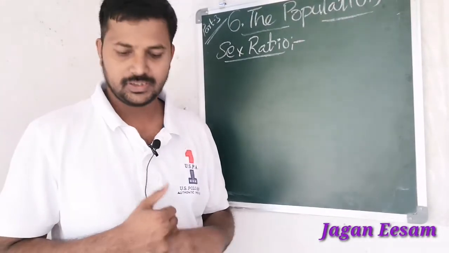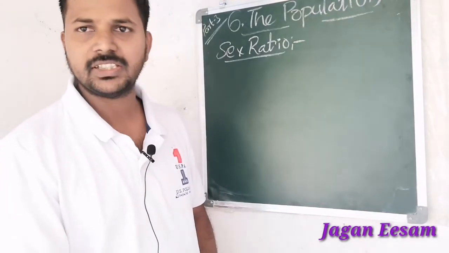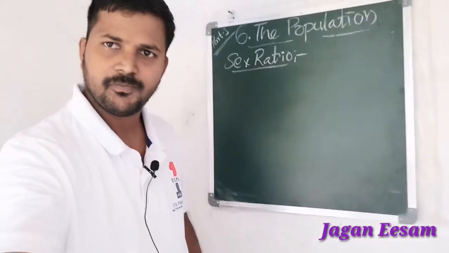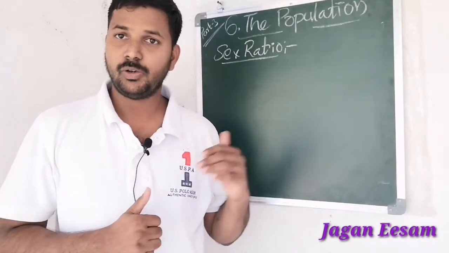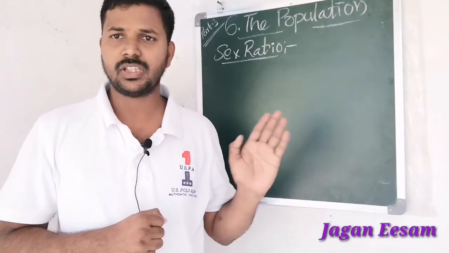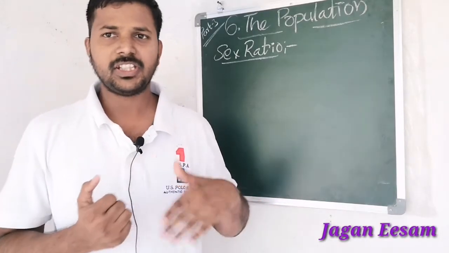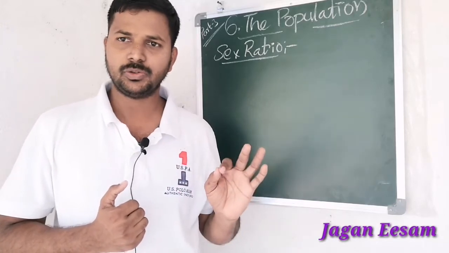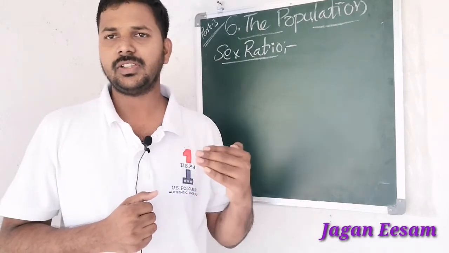Here we notice that on page number 75 there is a graph. Look at the graph, everyone. From that graph we can understand that over a period of time, in every decade, the sex ratio does not reach 1000. That means every decade it recorded only a negative number. If it crosses 1000 it is positive, but up to 2011, as per this graph, we see always a negative number only.